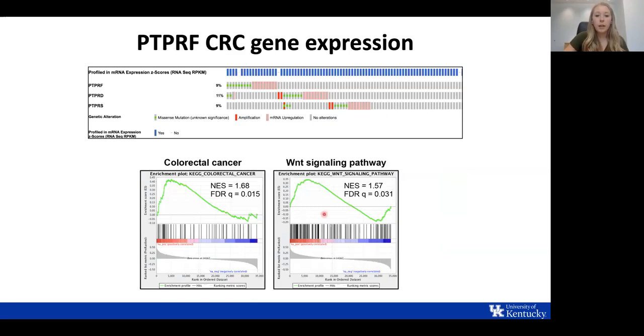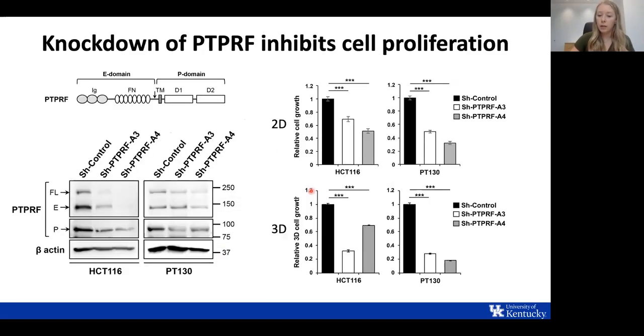So knowing that PTPRF's role in cancer was varying and we wanted to understand that more, we first started to look at PTPRF's gene expression in colorectal cancer. Looking at PTPRF here, we see that it has some mRNA upregulation. Using a gene set enrichment analysis, we also showed that PTPRF positively correlated with colorectal cancer, as well as Wnt signaling. And so with this initial data, we wanted to further characterize PTPRF's role in colorectal cancer cell